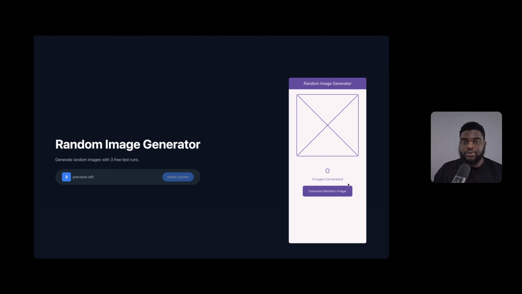Next, we'll implement the communication between the embedded Flutter app and the web page. So the first thing to do is to document the number of previews left on the web page when the generate random image button is pressed on the Flutter app.